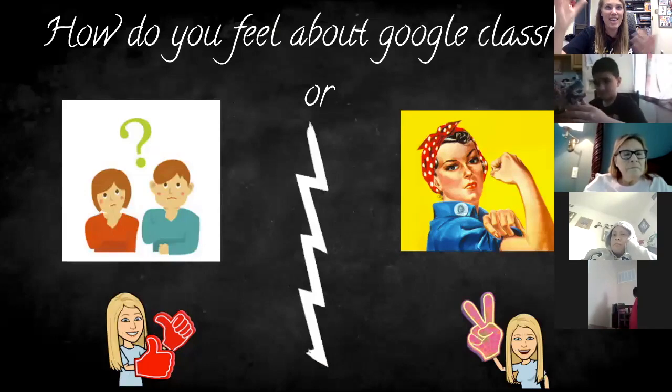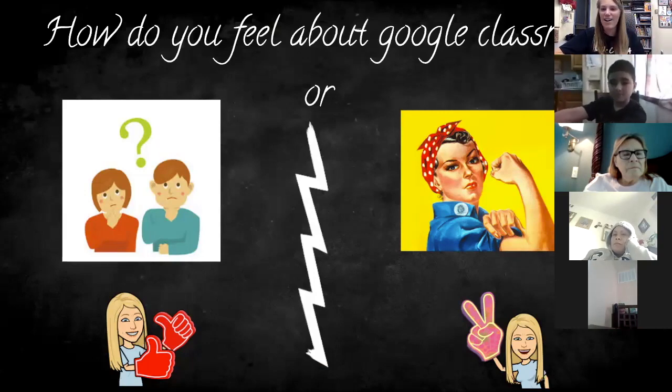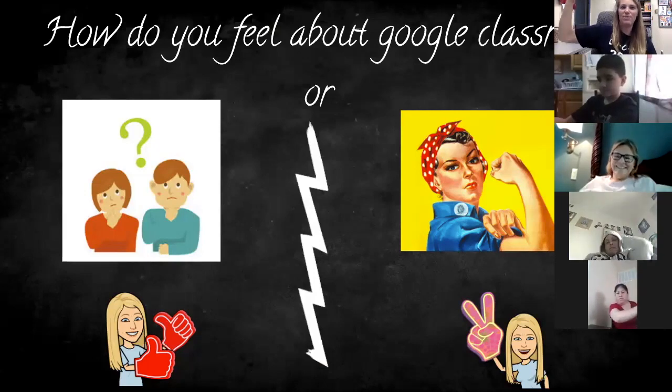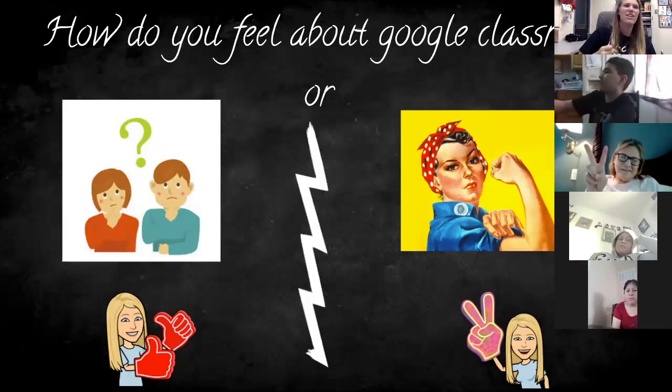But let's see now how you're feeling. We're going to go back to our thumb sign or our peace signal. Now that you've learned a little bit more, show me with your hand signals, this or that. Are you feeling more confident with this? Give us a peace signal, or are you still like, what is this Google Classroom thing? And it's okay. Yeah, there we go. I see some muscles in there, some peace signs, nice, good.